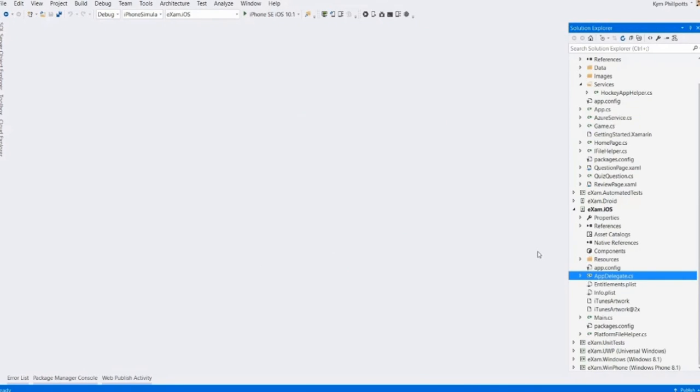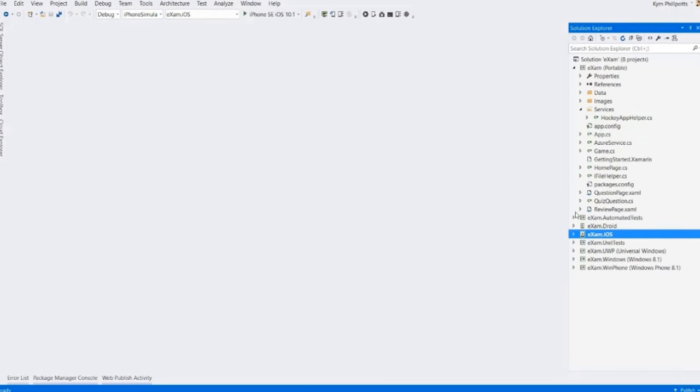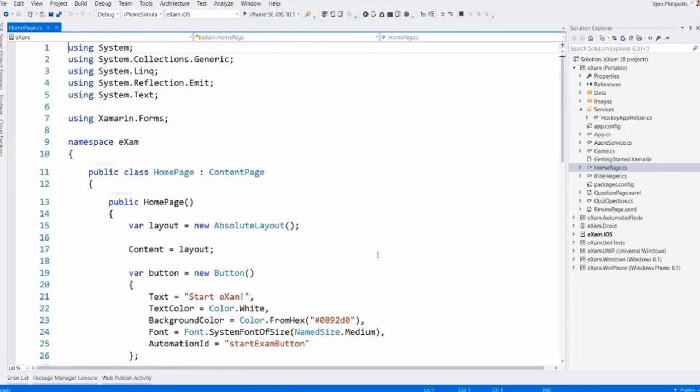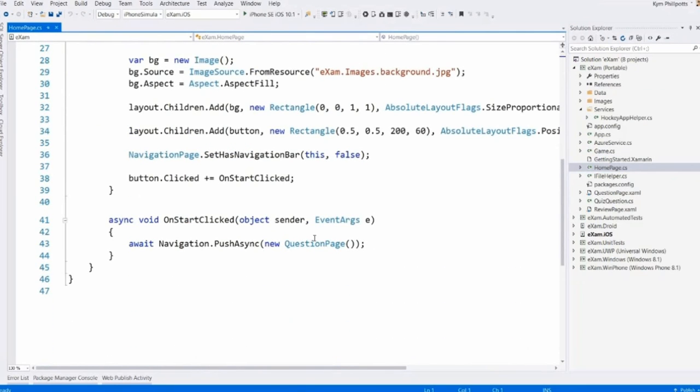So one of the most common things people want to do is log unhandled exceptions. And the good news is HockeyApp will actually do that for you. So what we'll do is we'll get it to generate an unhandled exception. So we'll go into our home page here, and inside of here, in our button click, when we start a new